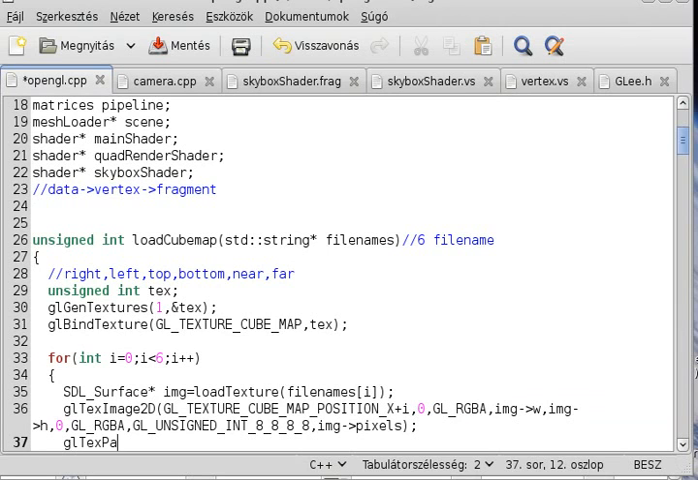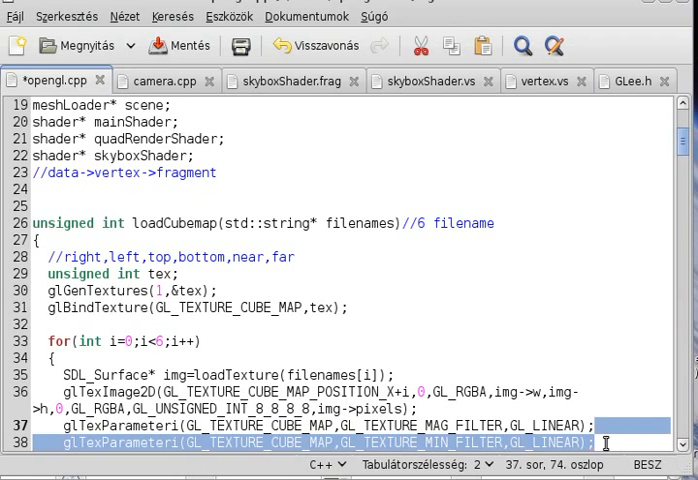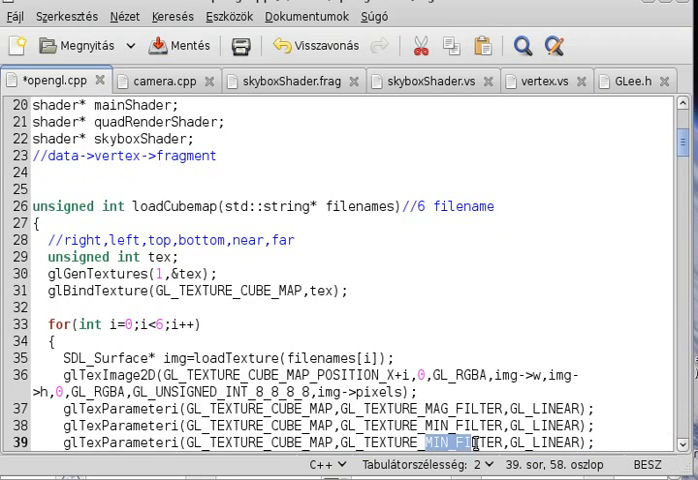So glTexParameteri, and the only difference is that the first parameter is the cube map, GL_TEXTURE_CUBE_MAP, and the second is the same as we usually set, so GL_TEXTURE_MAG_FILTER, and just set it to GL_LINEAR. Okay, let me just copy it right here. This is the min filter, GL_LINEAR too. Let me just copy it again, and then we need the wrap S, which is GL_CLAMP_TO_EDGE,